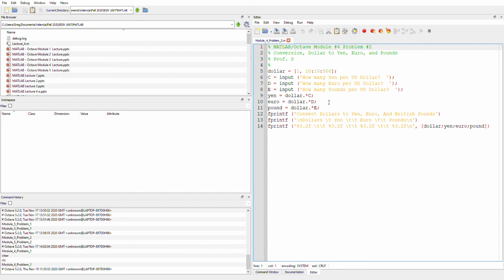The table should contain, or shall contain, 51 values. It's going to start at $1 and go up to 500. 51 total values. So if we take a look at the code that I have here, again, this is an